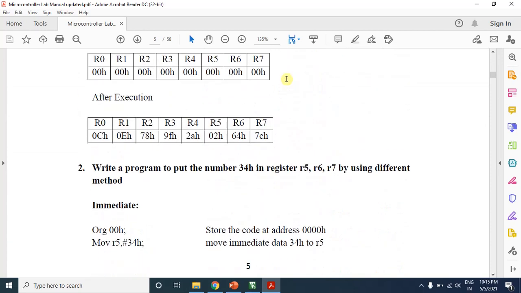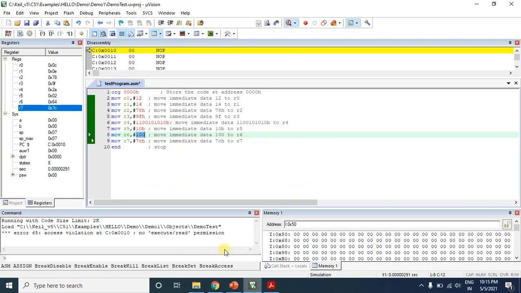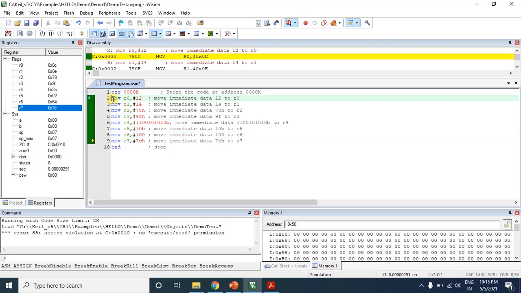Then in the next lab we will discuss any problems you are associated with. Hope you understood this. You can write each instruction like this, and you have to verify this code. Hope you understood this. If you have any doubts, you can